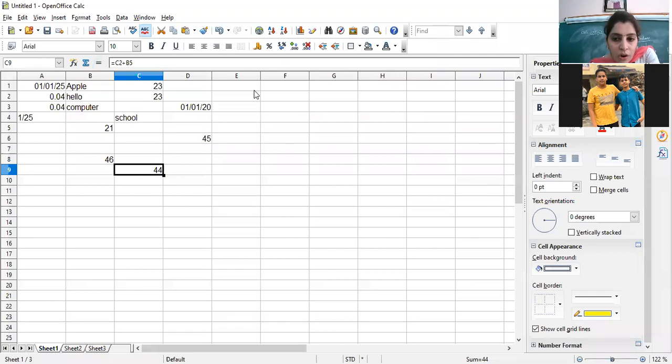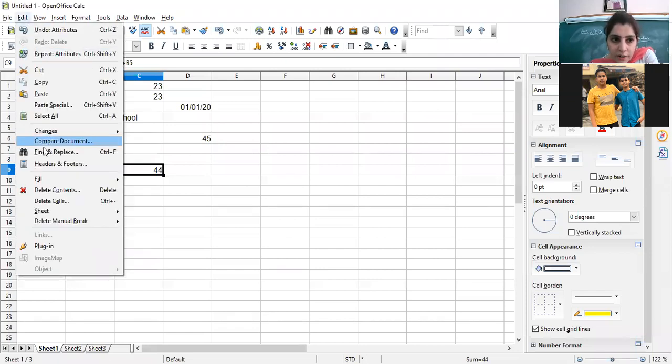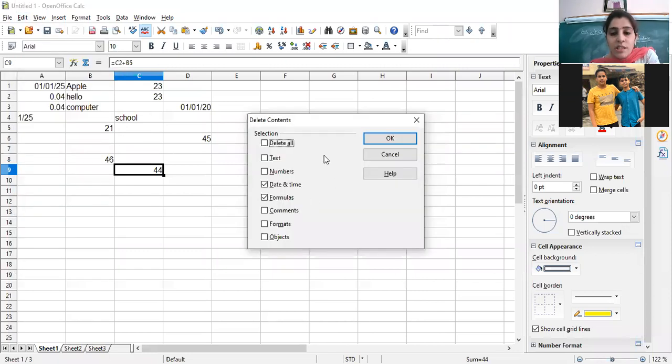Now, going on to the Edit menu, delete content option. This will open the delete content dialog box. So this is a step question here. You can write down the question as well. Edit menu, delete content option, the delete content dialog box will open.